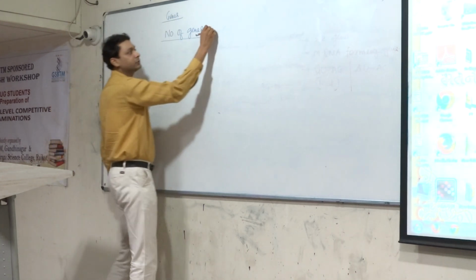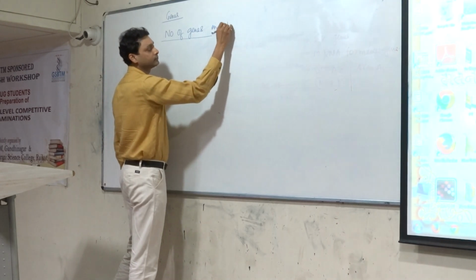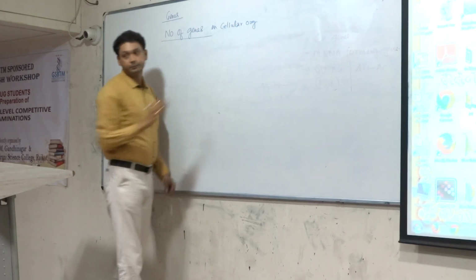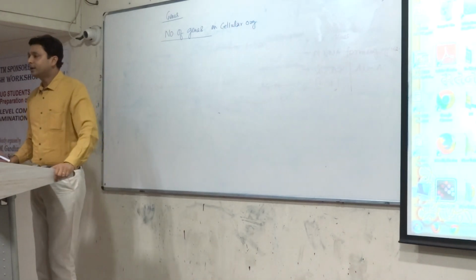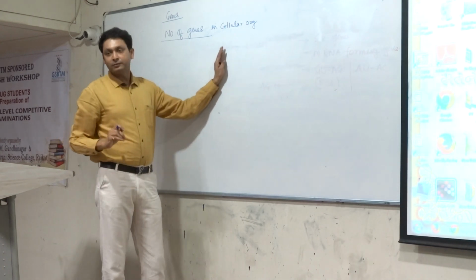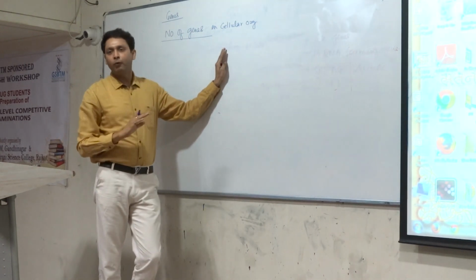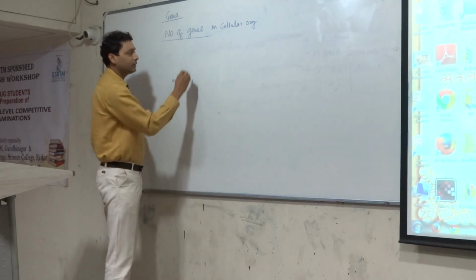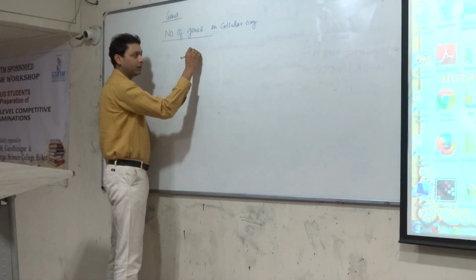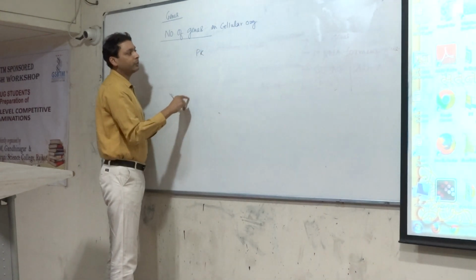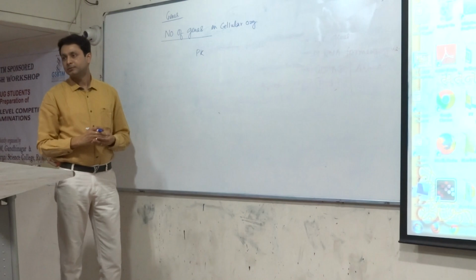Number of genes in the case of the cellular organism. The number of genes in the case of the cellular organism normally varies from less than 400 genes to more than 30,000 different genes. Suppose you take the example of the prokaryote. In the case of the prokaryote, the number of genes will count less.